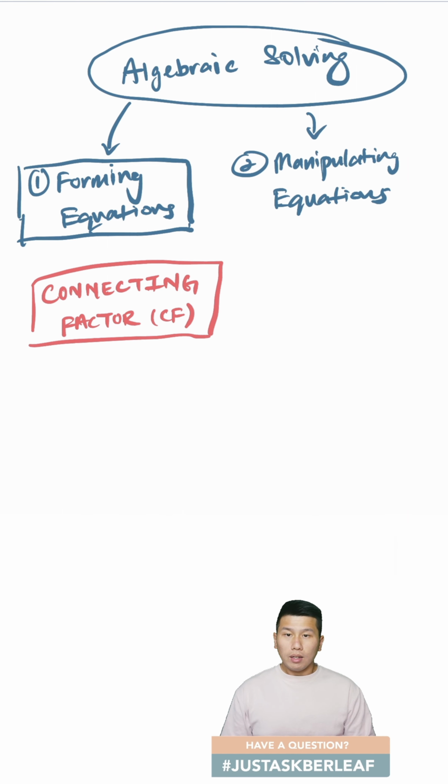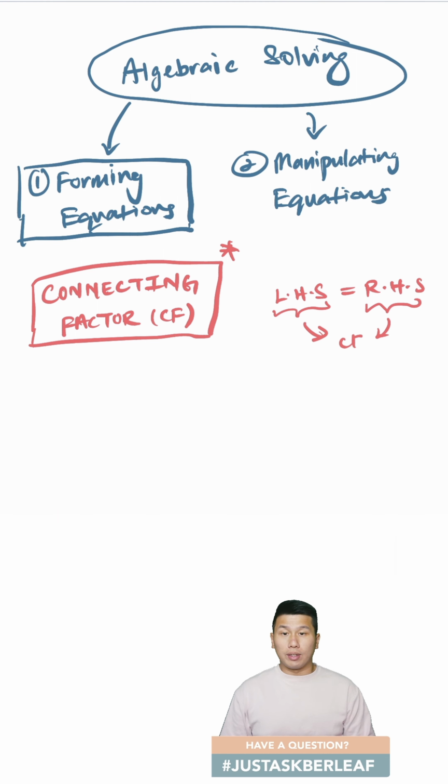Let me elaborate on this. An equation is made up of the left-hand side being equivalent to the right-hand side. Whatever you intend either side, be it this or this, to represent, is actually known as the connecting factor. So, be it the left-hand side or the right-hand side, we call it the CF. For instance, it can be the speed of the train, the volume of the tank when it's full, so on and so forth. Practically, it's the thing that connects the left to the right.